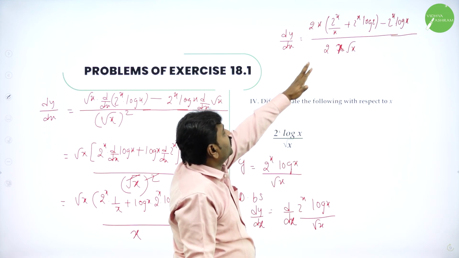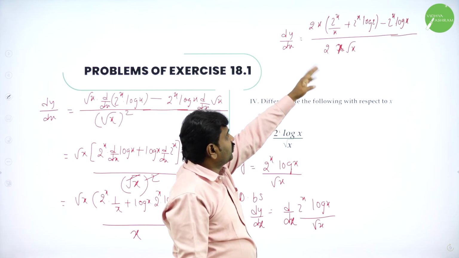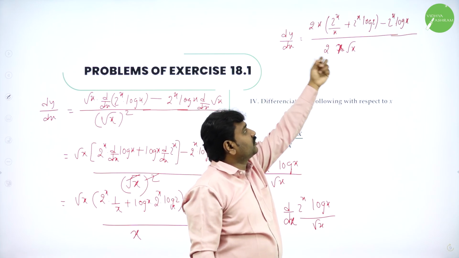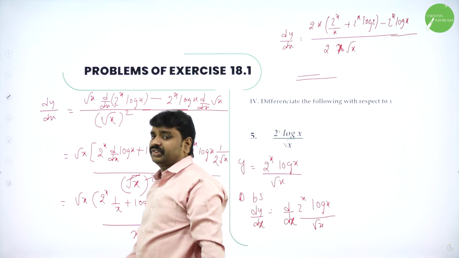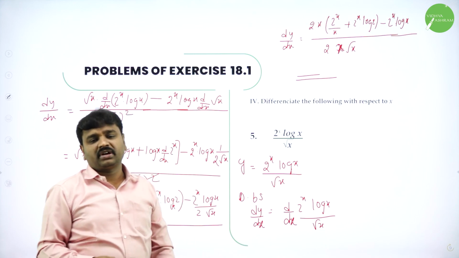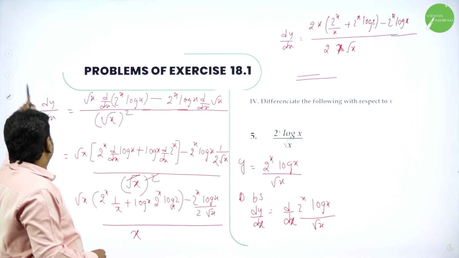Further you can simplify by taking 2 power x common. In both the terms we have 2 power x common, you can take it. Or my suggestion, you can leave it, no problem, they will give marks. Whenever it is 2 power x or a power m by a power n form, you can use it or leave it in that form, and you will get marks.